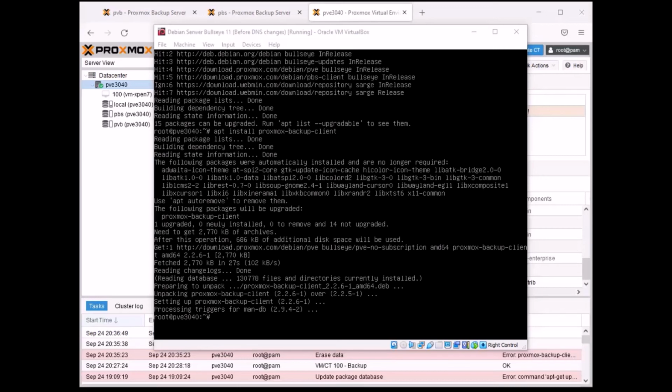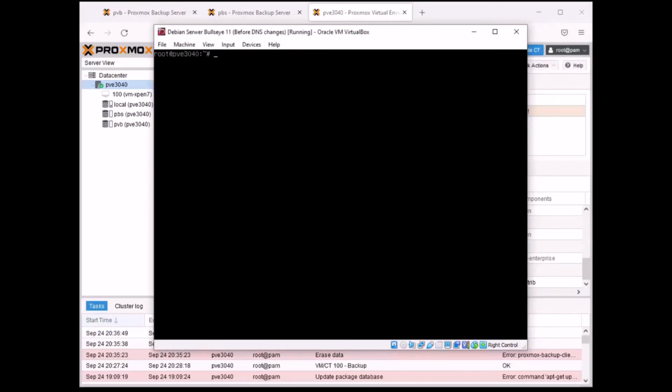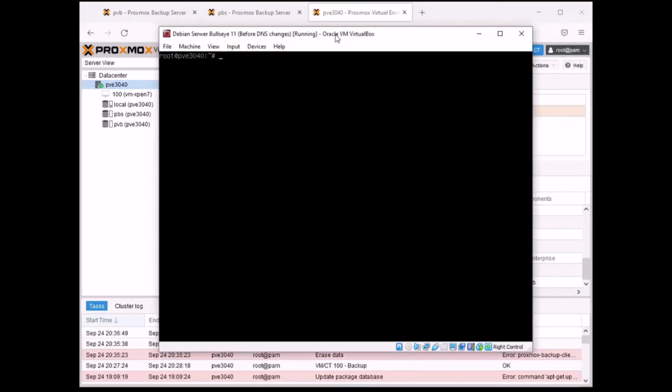As you can see, the backup client is installed on my server. Now we can start doing our backup. So we'll need to back up all the files on our Debian server. So to do that, we will use the command